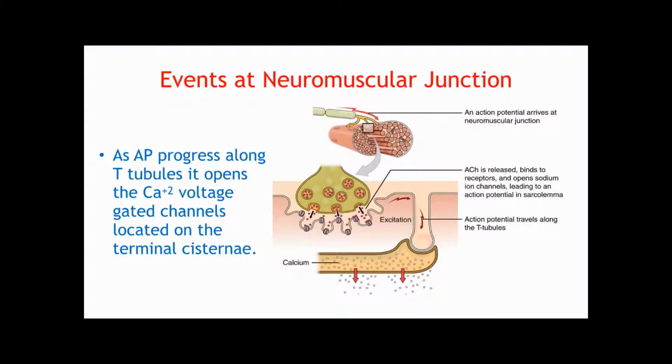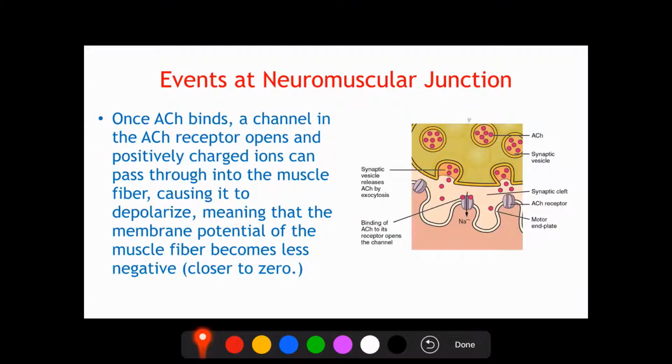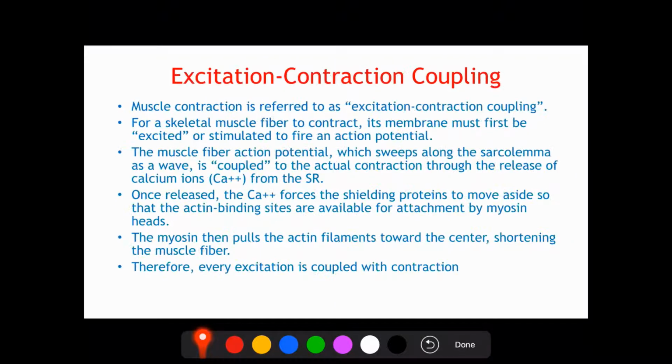So here we are. We are at the step where calcium is released out of the sarcoplasmic reticulum. We understood that this is because of the action potential traveling down the T tubule and causing the calcium to get out of the SR. In order to understand where the calcium is now going, we need to go back to check the actin and myosin. So I'll move several slides back,